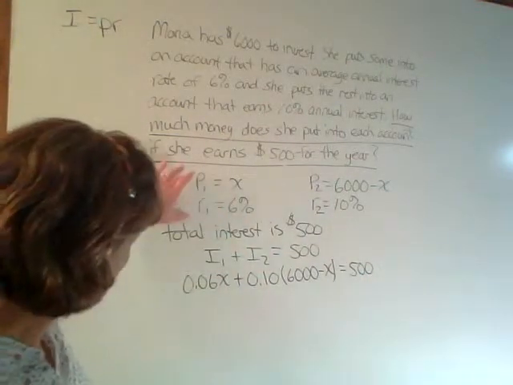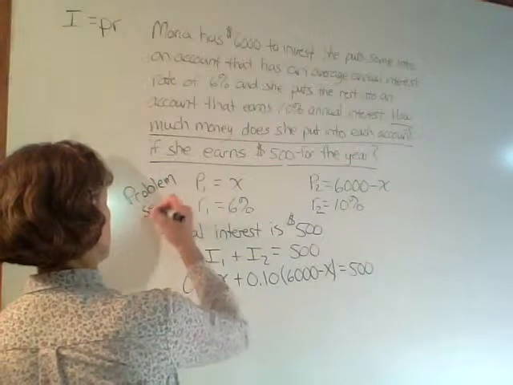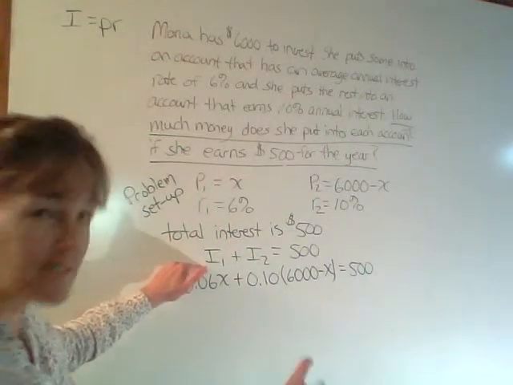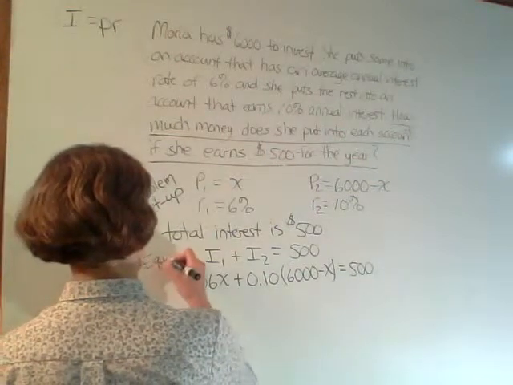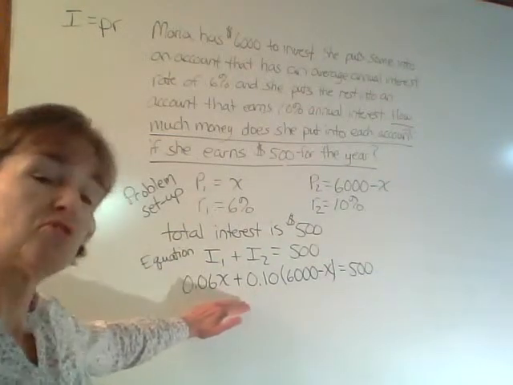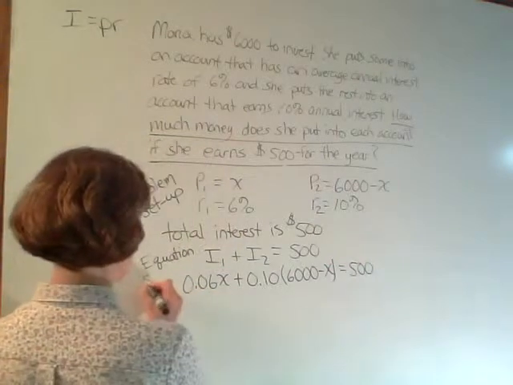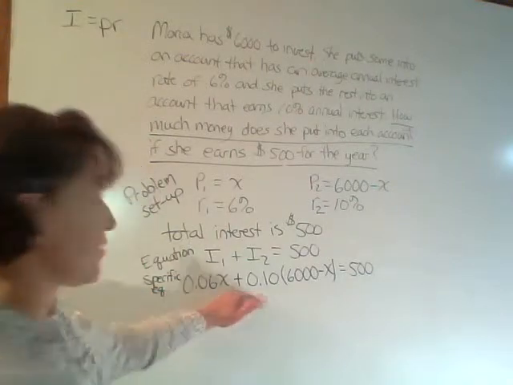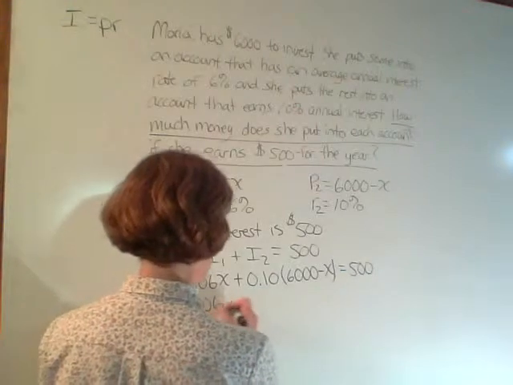So I did a problem setup. I wrote an equation that represents the statement. This is my general equation that represents the statement. And then I use substitution to get my specific equation in one variable. So this is the specific equation that I'm going to solve right here. Now, assuming that the math skills are there to solve this equation,